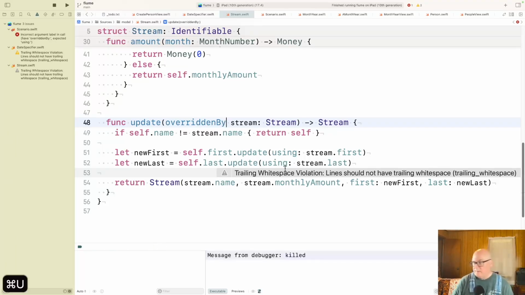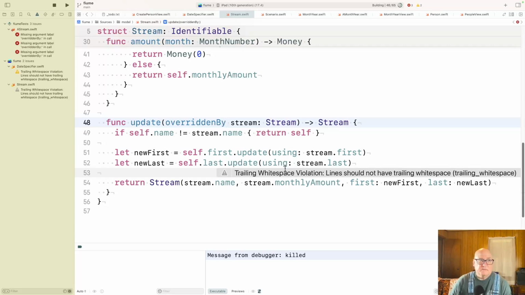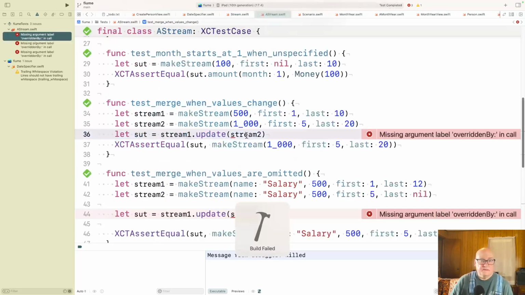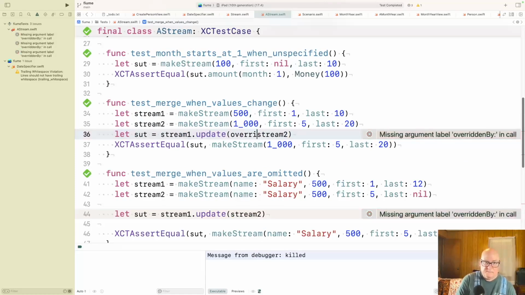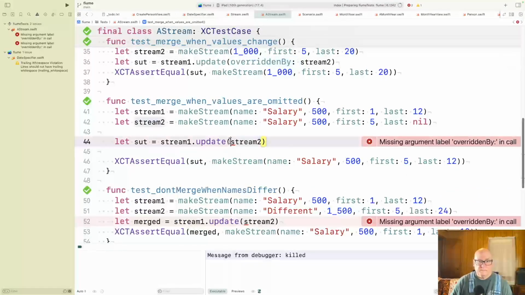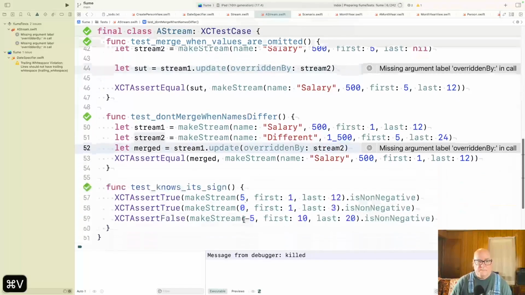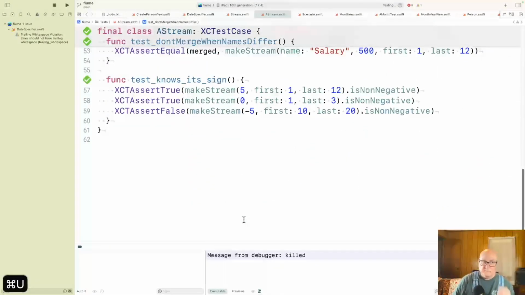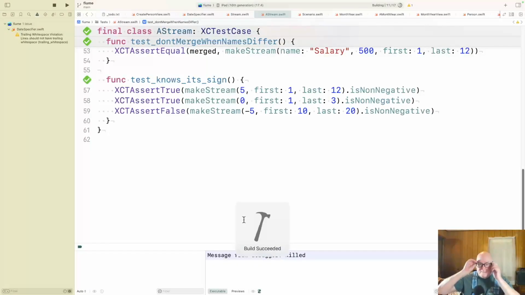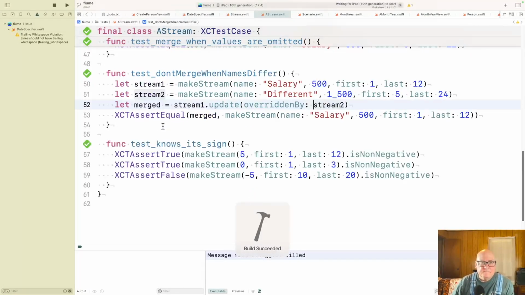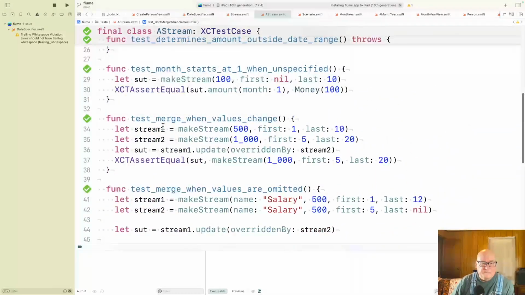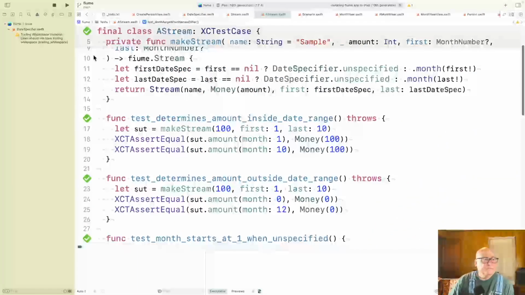All right, let's see if that passes tests. And this one.